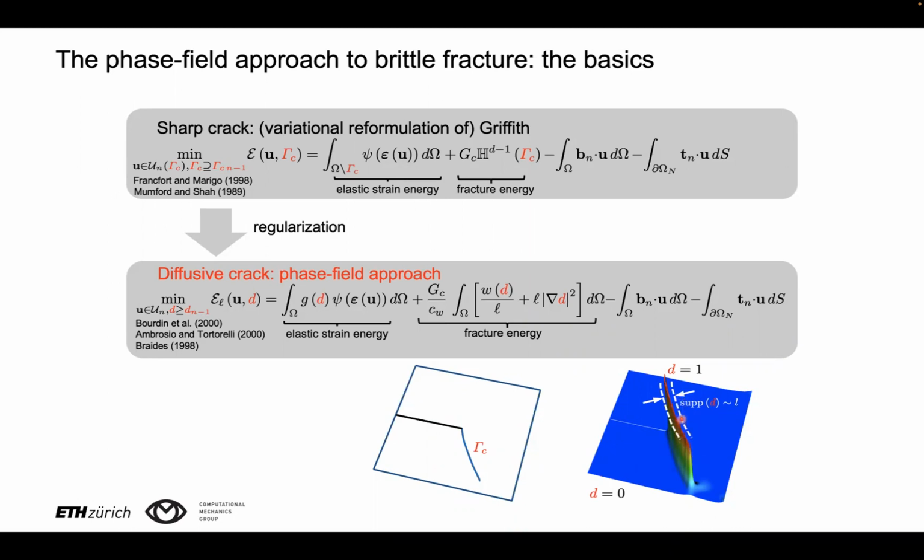You can think of this field as a damage field. This field is equal to 0 when the material is intact, and equal to 1 for the material that is fully damaged, so basically at the axis of the sharp crack, one can say. And so the steep variation of d between 0 and 1 is reproducing the crack in a smeared or diffusive fashion. You see that the support of the region where d has values that are significantly larger than 0 is proportional to a length scale, which is a characteristic length involved in the model.